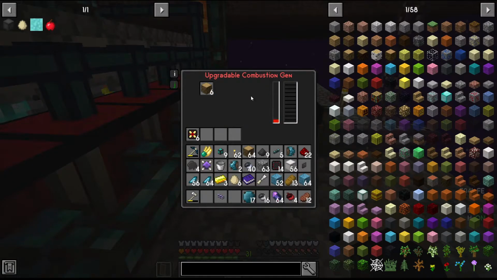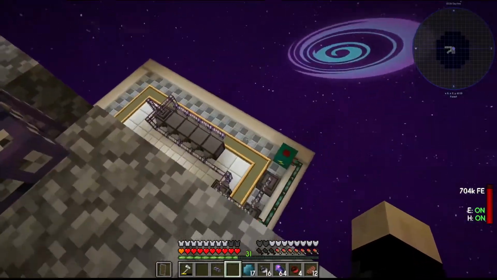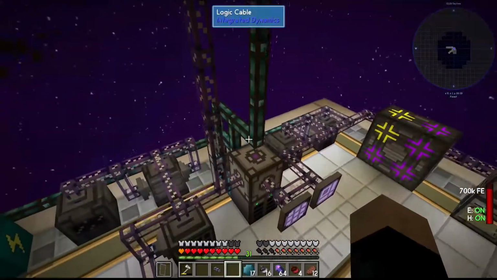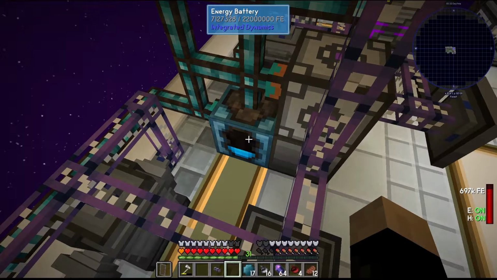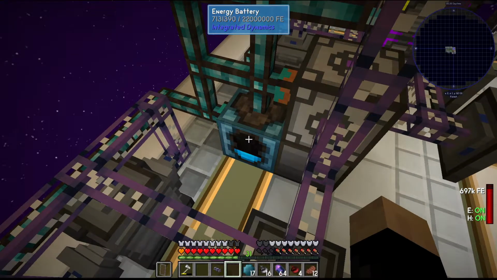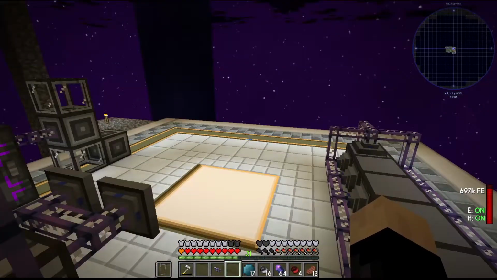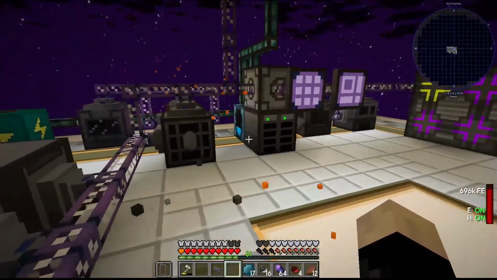And it does look like this is actually burning oak wood, and it's coming in fast enough. The only thing is I don't know, as we pull it in, if we're going to have capacity issues, but we'll keep an eye on it and see. It does look like it's actually climbing with FE, so that's very good. I may expand that out as we go, but that's going to get us through until we can get to